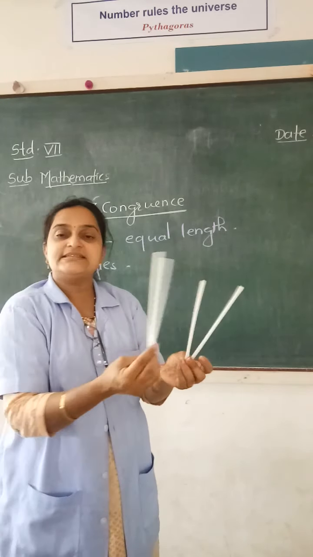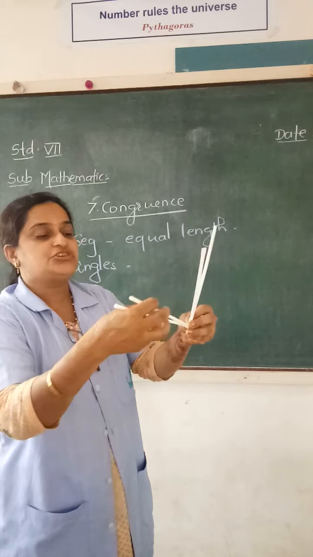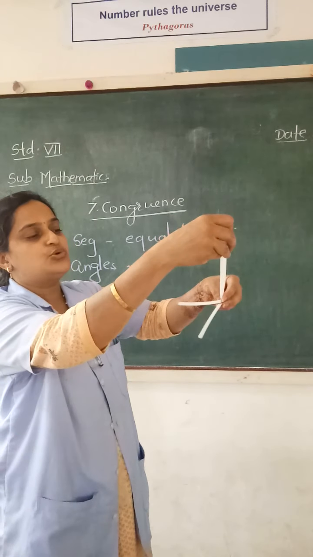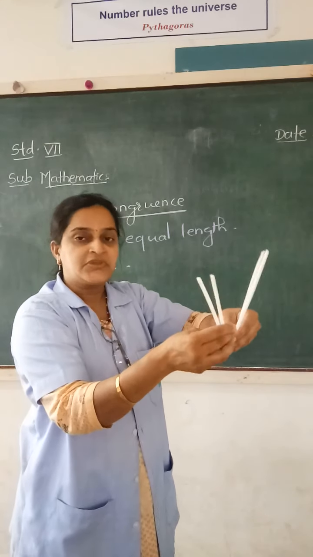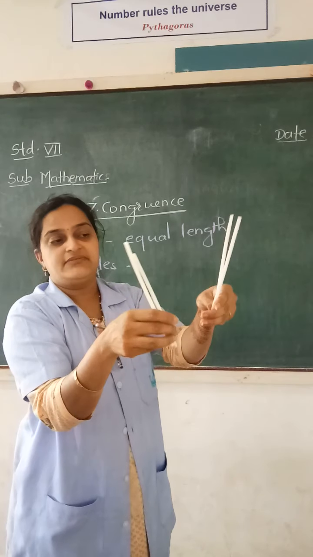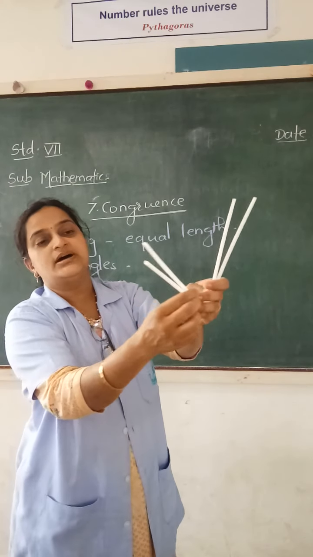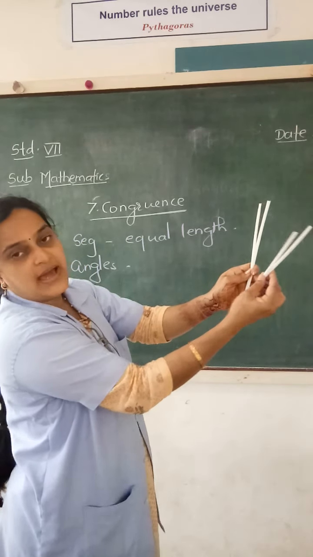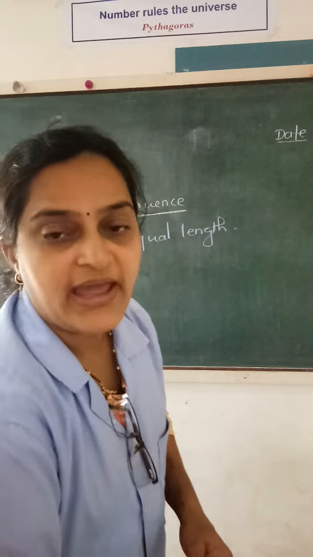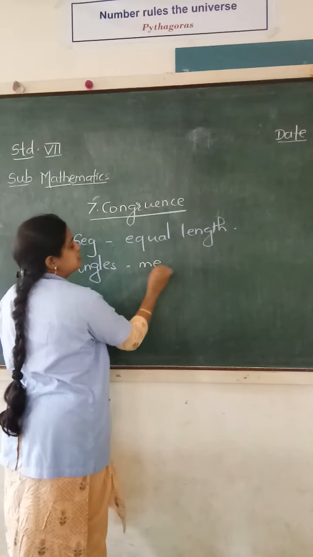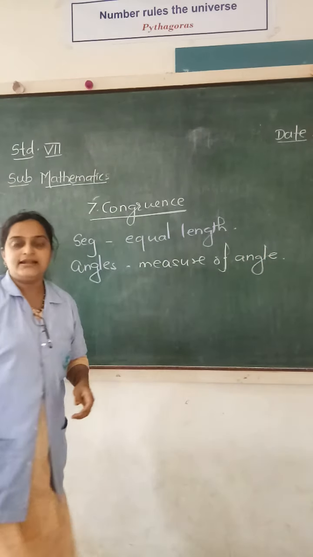And so, when will I say that two angles are congruent? If and only if they are equal in their measures, then I will say, means what, their arms should coincide and even their vertices. See now, for a segment we had only length, we had only the straight line part, right? But when I consider angles, I have to match three parts of that. What? These two arms and even the vertex I have to match. If they exactly match, if they coincide, then we say that these two angles are congruent. So, congruence of angles is decided by the measure of that angle.